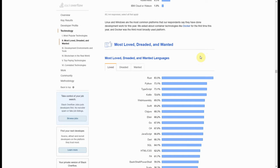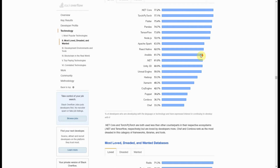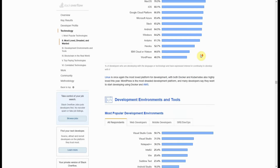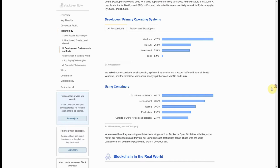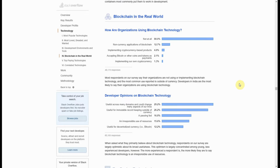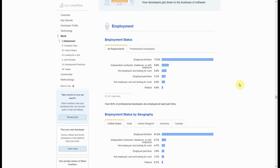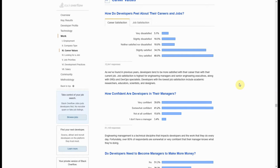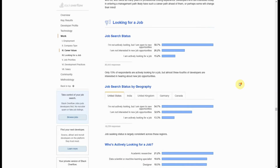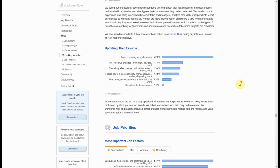Platforms, things people love or hate about development work. Visual Studio Code is the #1 text editor, as it is in all surveys that have shown the same result. Employment information, company information, lots and lots of information here if you are into looking at things like this, you